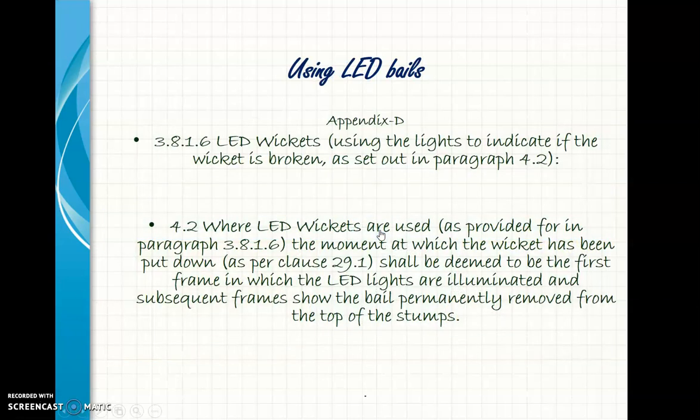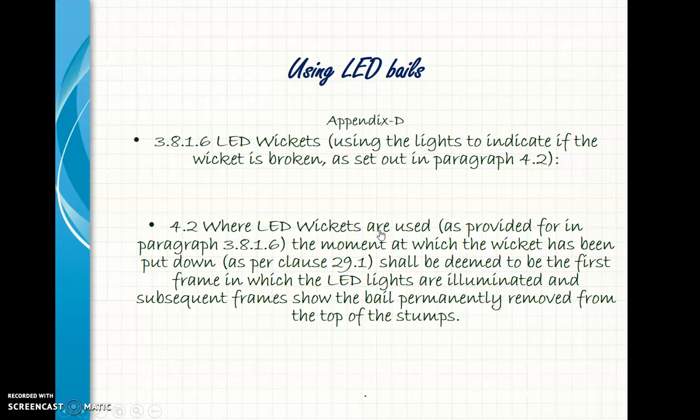Moving forward, we can see that nowadays we are using LED bails. The use of LED bails is mentioned in Appendix D of the ICC's playing conditions, where the LED is used to indicate the wicket is broken.